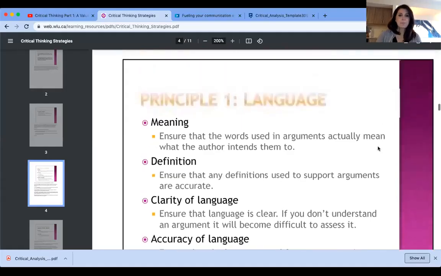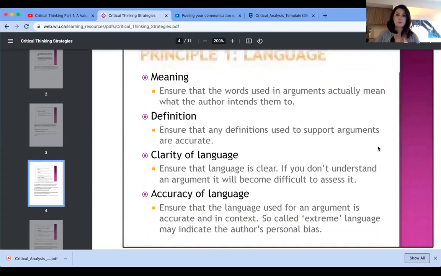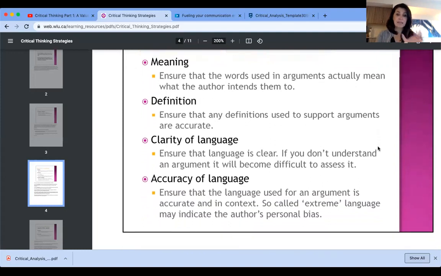In order to have a better language in your writing, you need to be aware of the meaning of the words that you create to have a better argument, to have a better logic behind that. To define that specific language that you create, clarity of that language is also important. So when you create some kind of a debate, some kind of argument, you need to read and see if what exactly you have in mind is communicated correctly and properly. So if you don't understand your argument, how would you expect your audience to understand that?